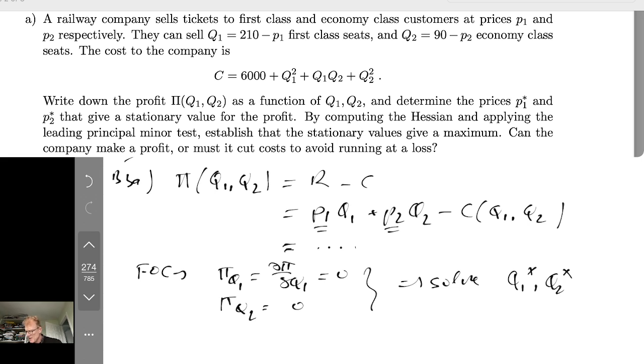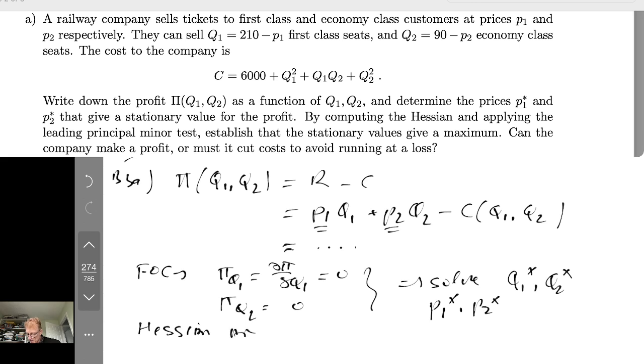Since it's a quadratic, there will be only one stationary point. Once you have Q1 star and Q2 star, you can find P1 star and P2 star as well, because you can rework the given relationships to express P1 in terms of Q1. Then you need to derive the Hessian